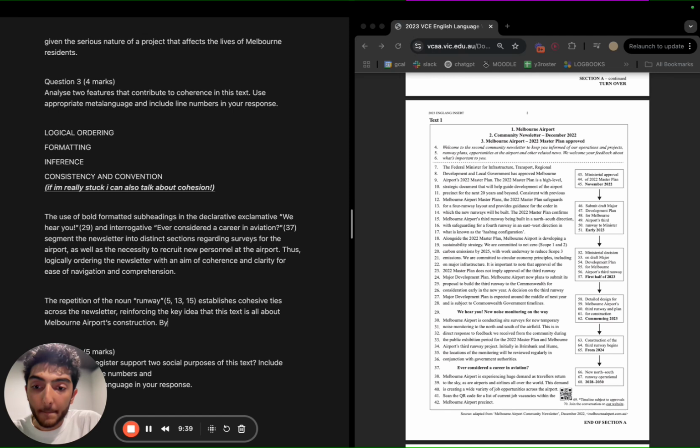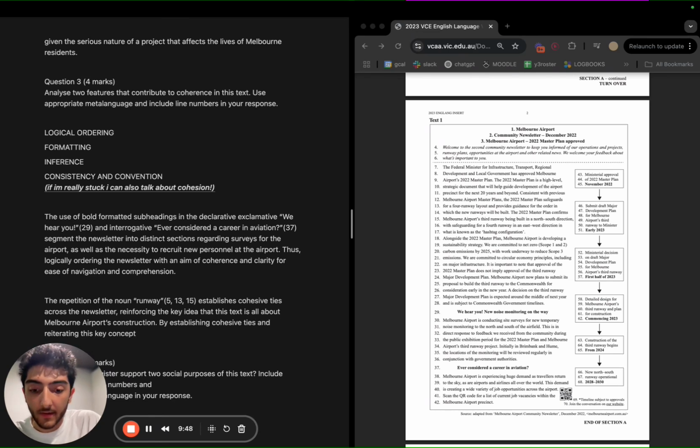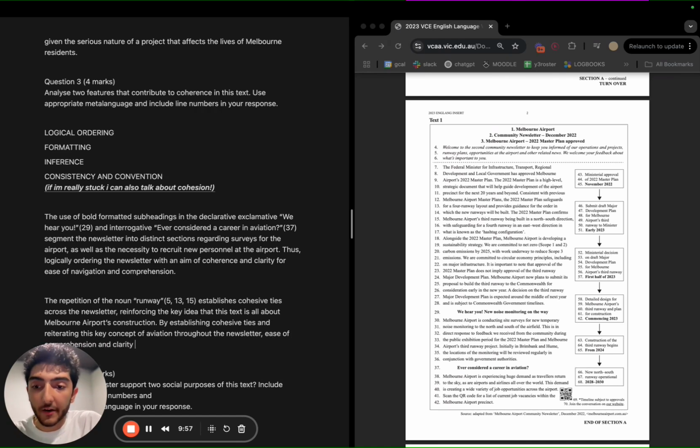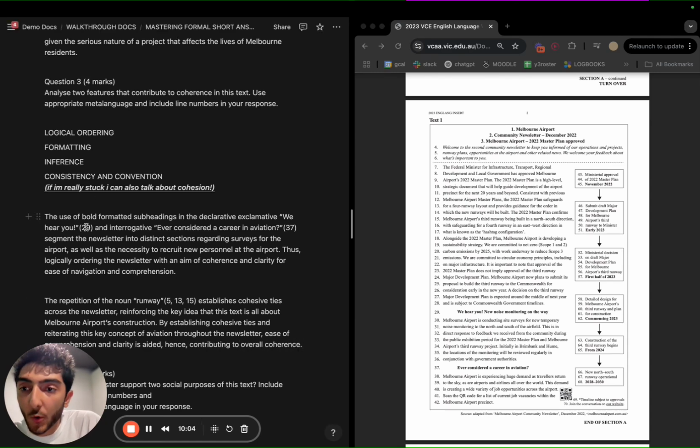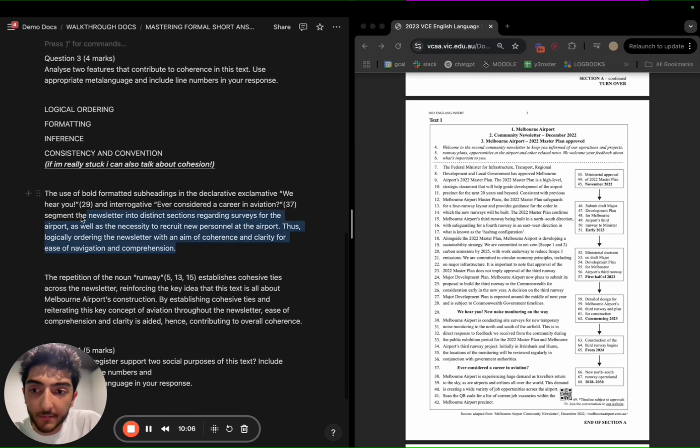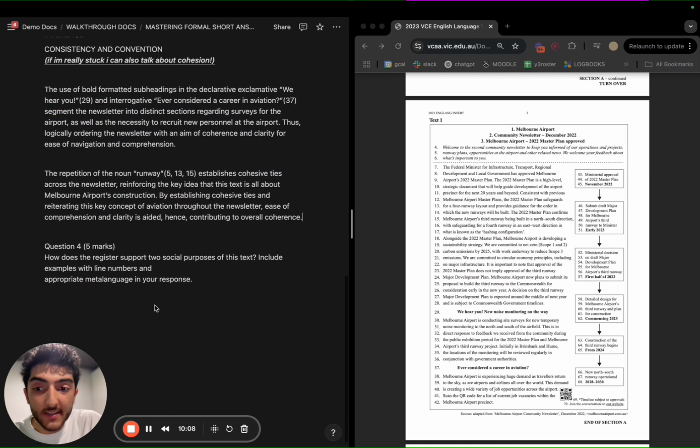Now, by establishing cohesive ties and reiterating this key concept of aviation throughout the newsletter, ease of comprehension and clarity is aided, hence contributing to overall coherence. Done. It's 4 marks. We've got 2 solid mini paragraphs and 2 solid examples with 2 associated analyses, and we can call it a day.